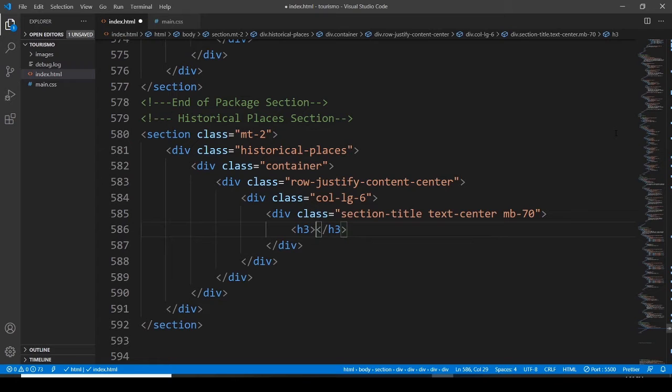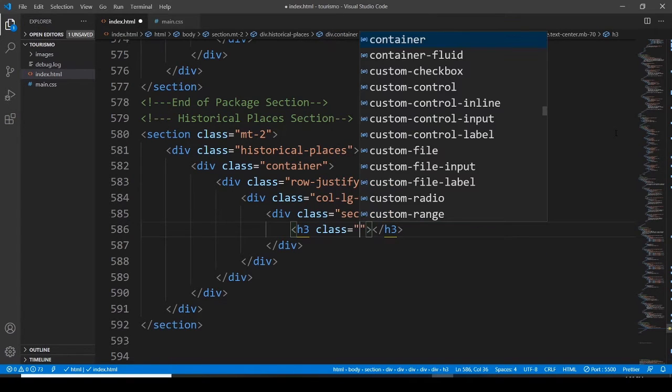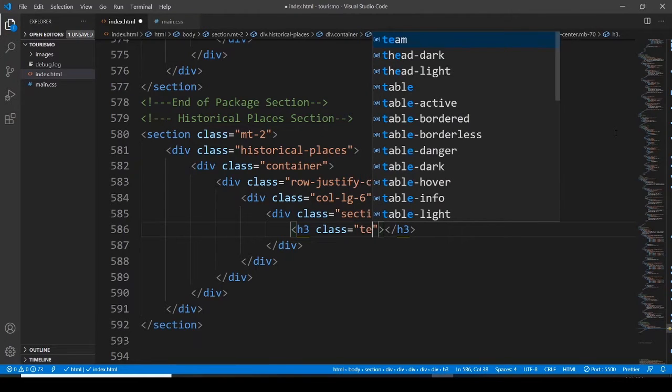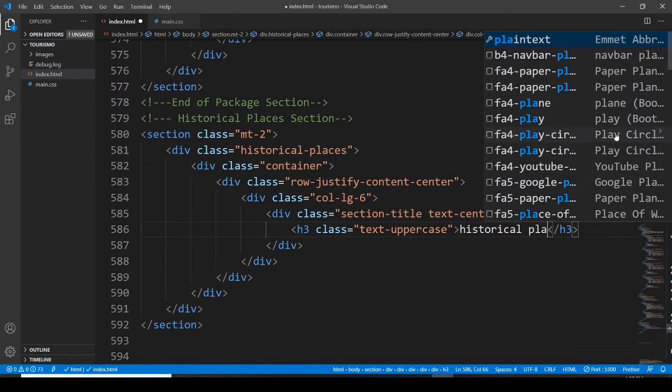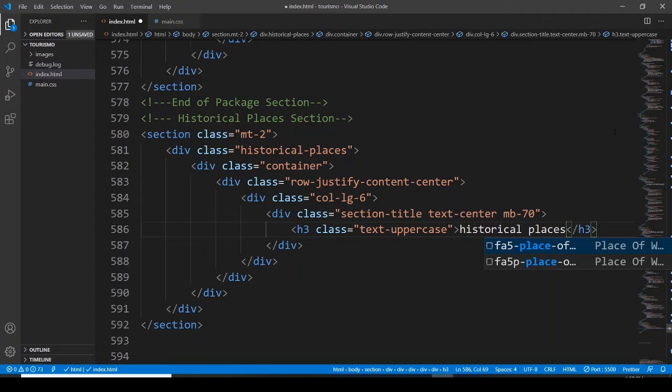The heading 3 has a class, and the class is going to be text uppercase, so uppercase, and the text is going to be historical places. Okay, let's save it,